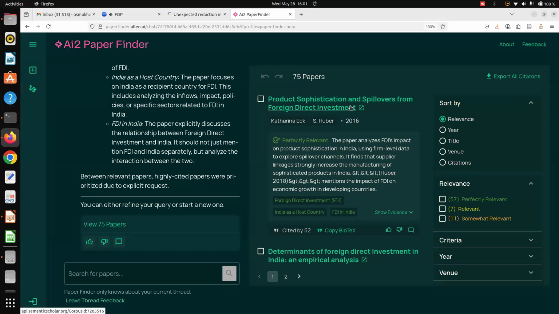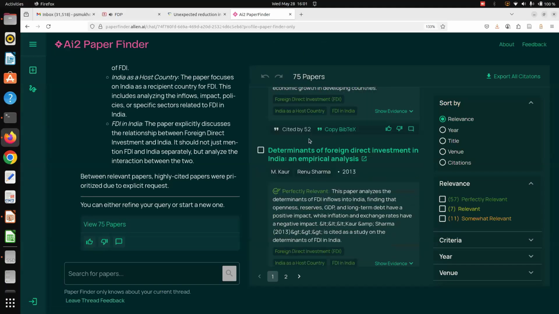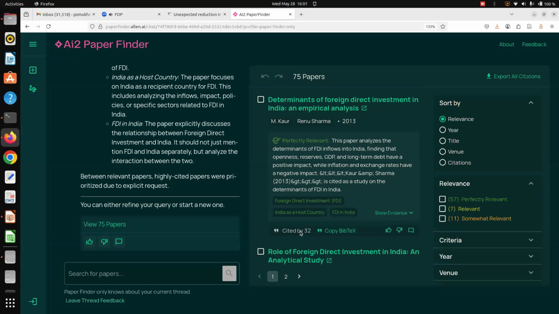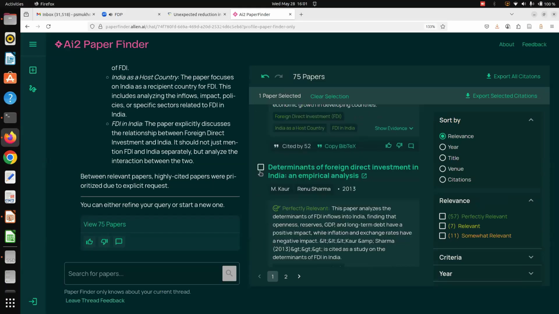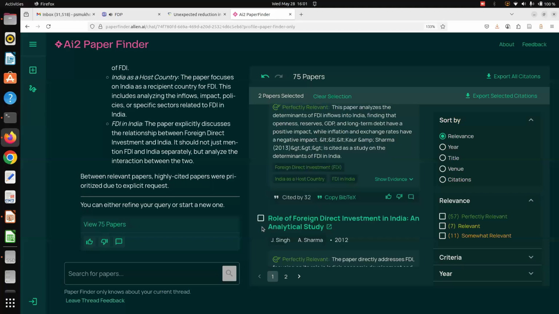So now you have two choices. All of these papers are logically arranged by the number of times they got cited. Then I can select papers selectively, say the first two or three, and export my selected citations, or I can export all citations.